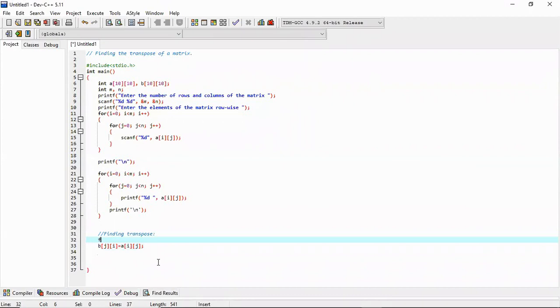For that we need a loop. And since there are two variables, i and j, obviously we need two loops, one for i, one for j. So the i loop will run for the rows, which is m: i less than m, i plus plus.